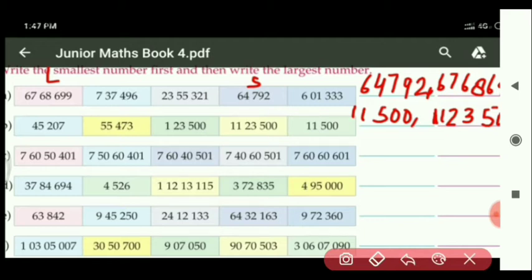What is given in the next place? You can see here 60 lakh, 50 lakh, 60 lakh, 40 lakh and 60 lakh. In all these numbers, which is coming smaller? 40 only. So the smallest number will be this one only, because firstly we have to find the smallest number. Okay. So the smallest number is 7 crore 40 lakh 60,501.